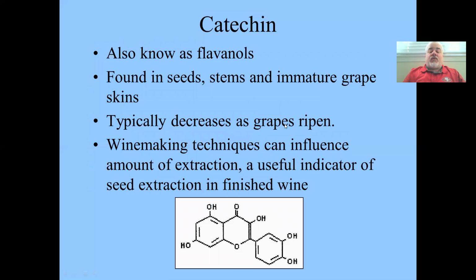They typically decrease as the grape ripens, and winemaking techniques can influence the amount of extraction, which is a useful indicator of seed extraction in the finished wine. So you measure the catechin at the finished wine level, and you can get a pretty good indication from that catechin level of how much was extracted from the seeds, because that's where most of it is going to come from, unless you had a problem with the grapes and you had a lot of